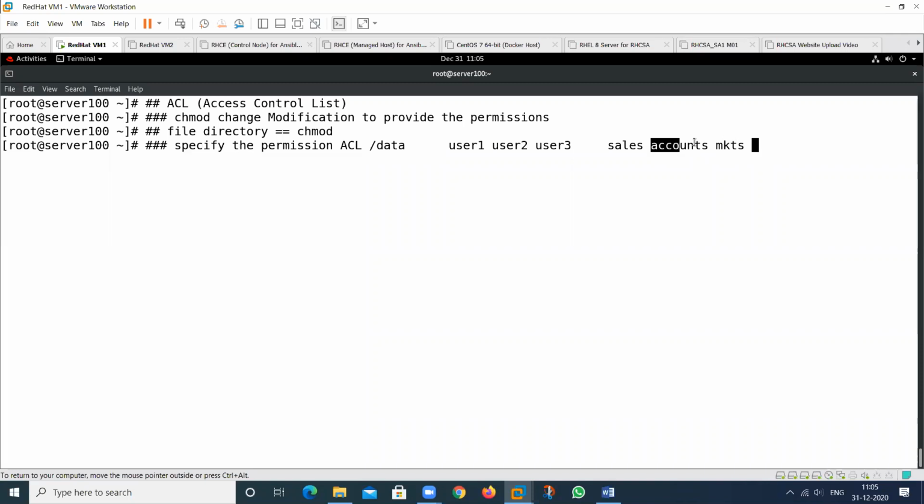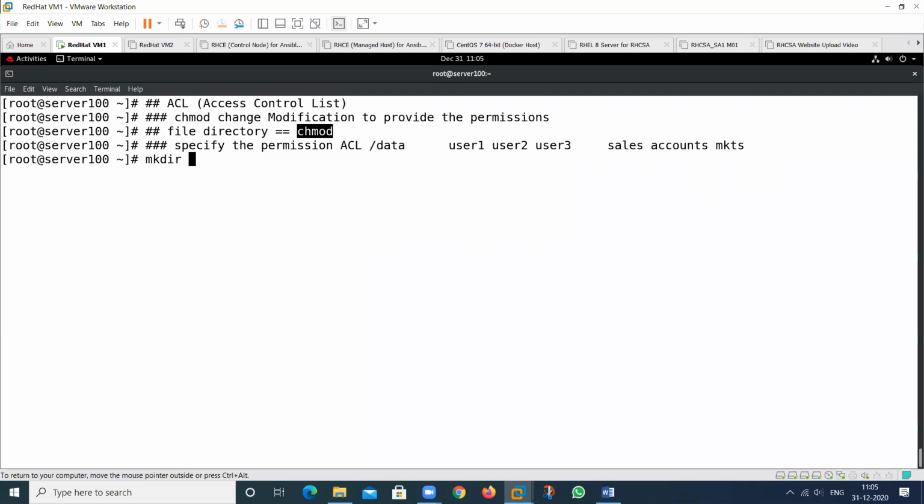Only the sales department can have full permission on this particular folder. Then we cannot use this type of thing. See here, I create a scenario for this, then we can understand this very well.